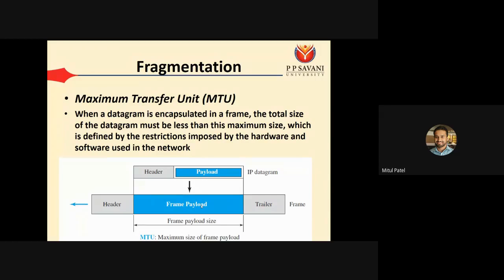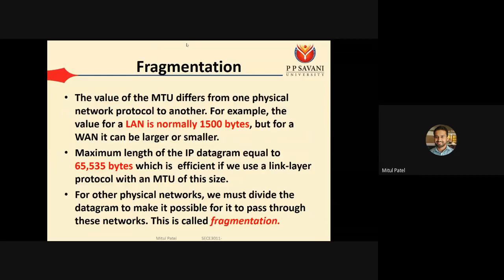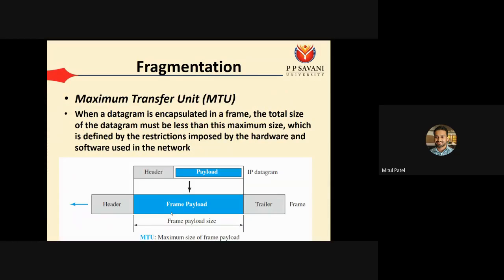Okay. So it can be dependent on the types of the network or dependent on the hardware and the software. So depending on the network, this frame payload size can be different. And so depending on this frame payload size, the size of the IP datagram should also vary. So they have defined that the value of the MTU differs from one physical network protocol to another. For example, the value for a LAN is normally 1500 bytes, but for a WAN it can be larger or smaller. For example, if we are talking about the LAN, suppose your data is passing through the